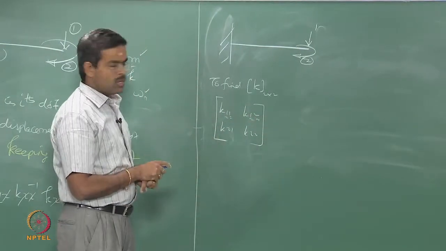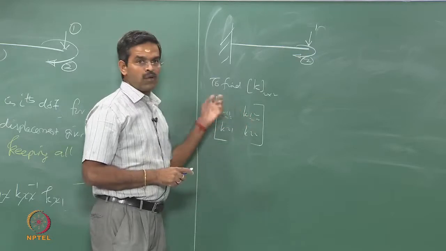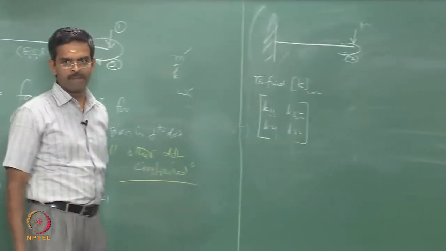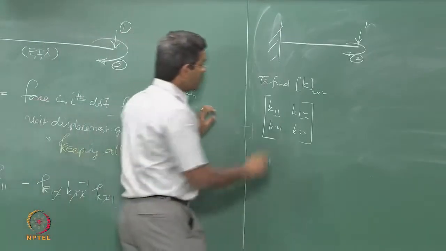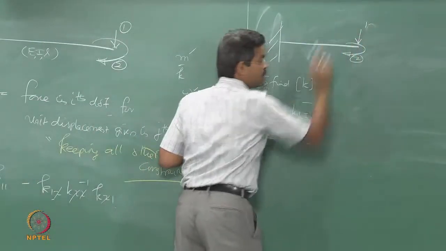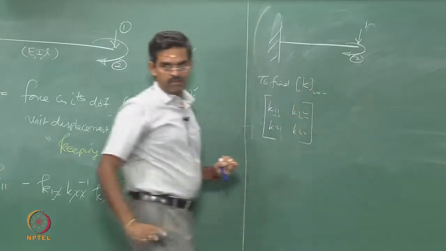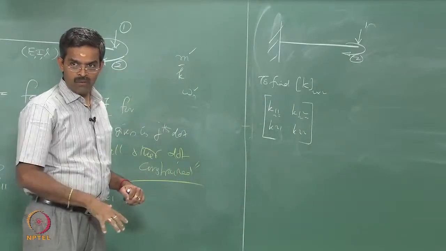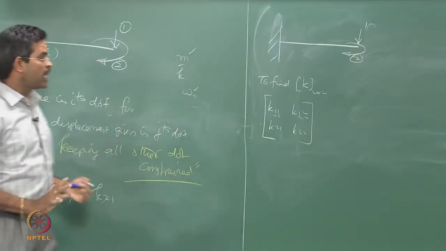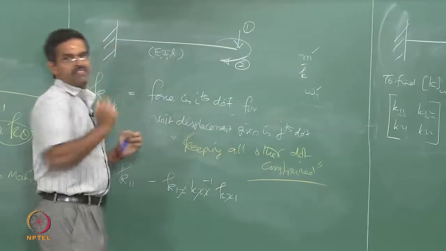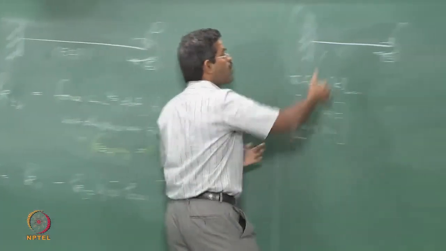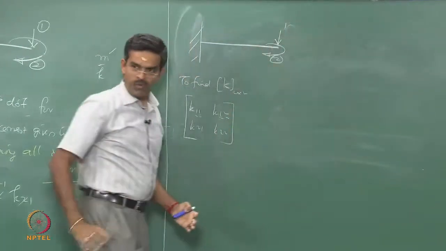So, what should I do? To derive the individual coefficients, I must always apply unit deflection in the specific direction and get the forces, that is K. If I give unit deflection at the first degree, keeping the other degree restrained, that is the beam or the member moves only along 1, whereas along 2 there is no movement. Why, you may ask me? That is a constraint available in the definition itself. So, I must give displacement only along 1. Let us forget about 2, find the forces.